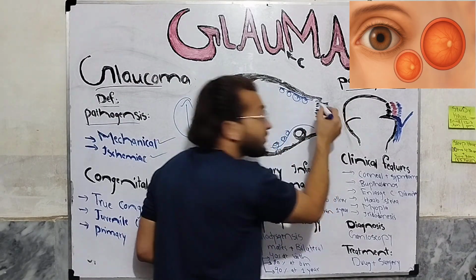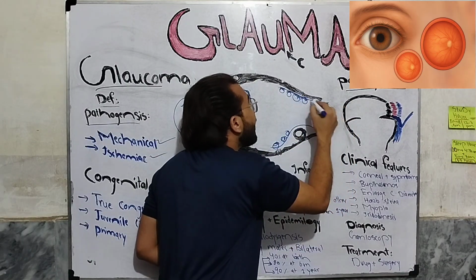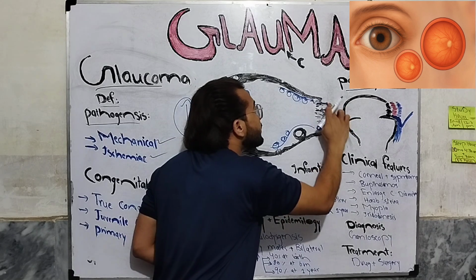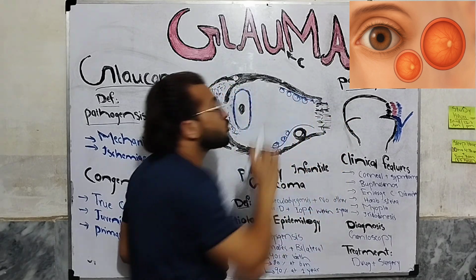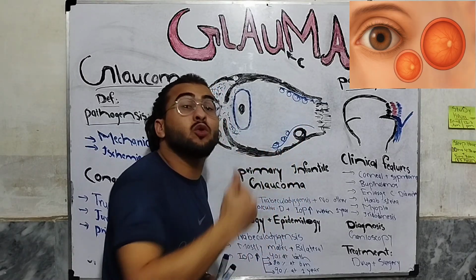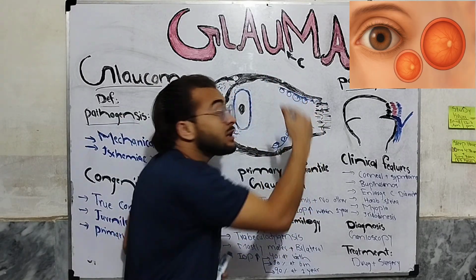When there is this elevated pressure and ischemia, these growth factors are disrupted because of the increased pressure and ischemia. These growth factors cannot reach the ganglions. What will happen? These ganglions will degenerate through apoptosis because of the deficiency of the